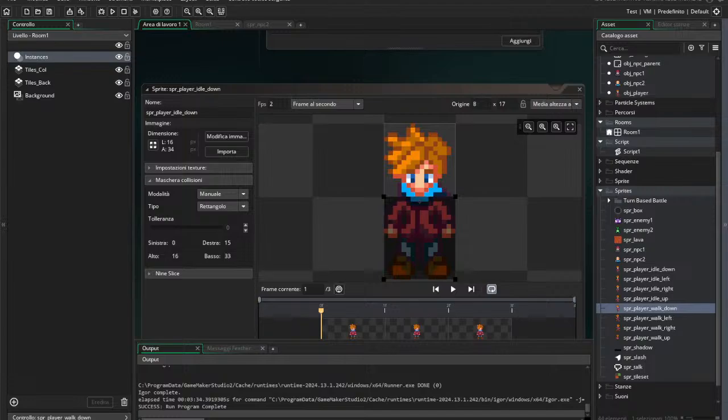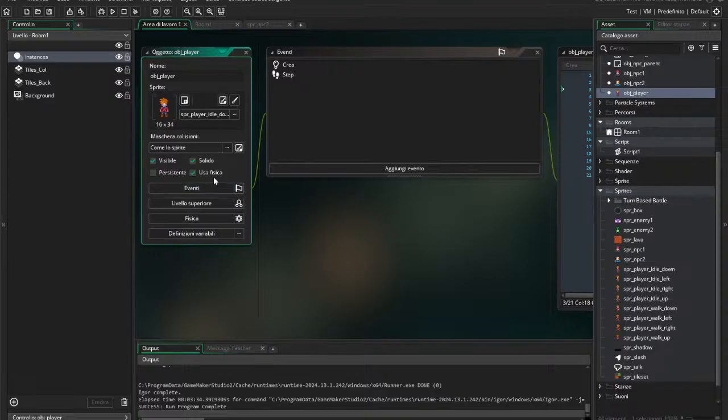I'll open OBJ player, and here in the properties you can change the mask sprite. I'll set it to the SPR player idle down sprite that we just edited, and now this sprite